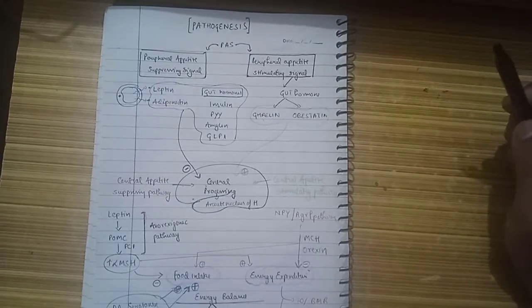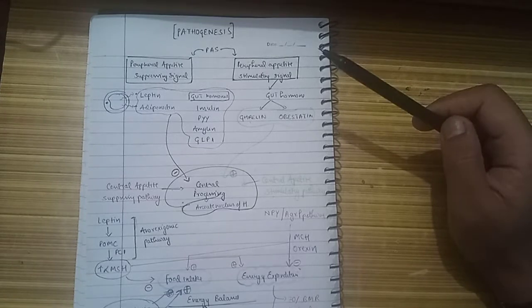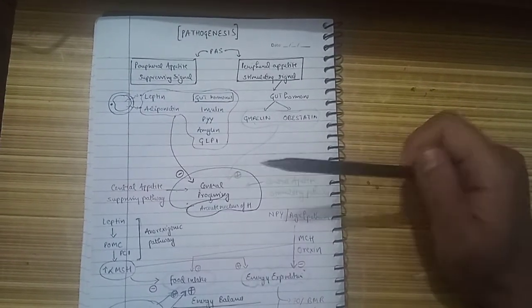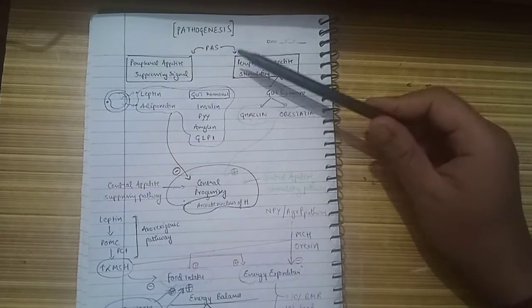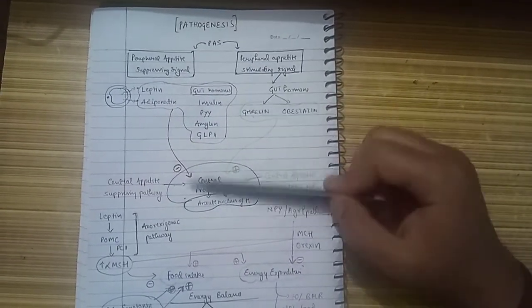Hello everyone. So in this video we are going to talk about pathogenesis of obesity. Now I have tried to simplify it as much as possible using a schematic diagram. So we have to first understand that we have three parts here in which we are going to understand this